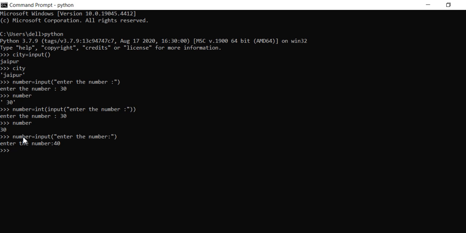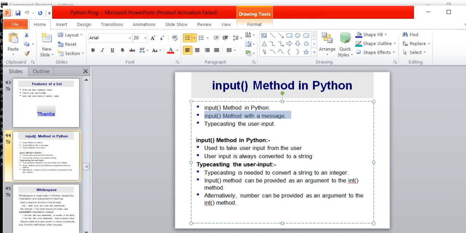Now I am doing integer typecasting using the variable name number and pressing enter. Okay, now it has been done. This is the alternative approach. You can use this approach or you can use that approach. This is very helpful to you. This is the alternative method: the number can be provided as an argument to the integer method.